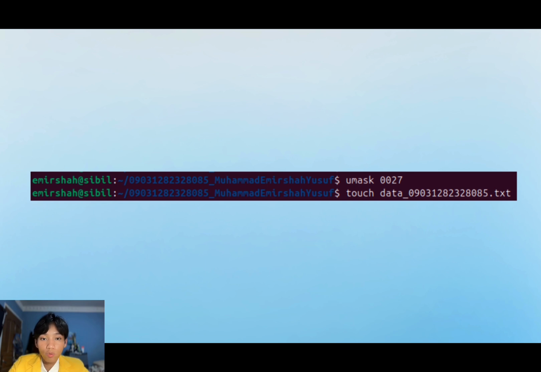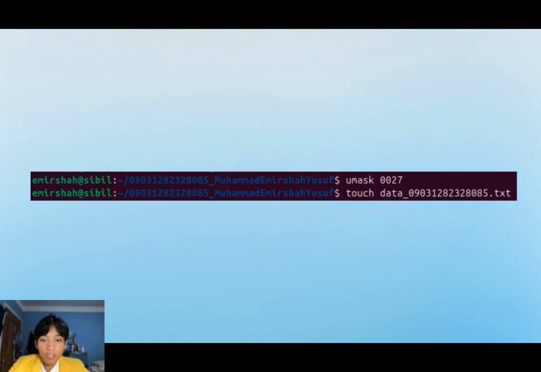This new umask value ensures that files are created with permission of 640, or rw-r-----, meaning only the owner has read and write access, the group has read access, and others have no access at all. This configuration is useful for securing sensitive files by preventing unauthorized users from even reading them.